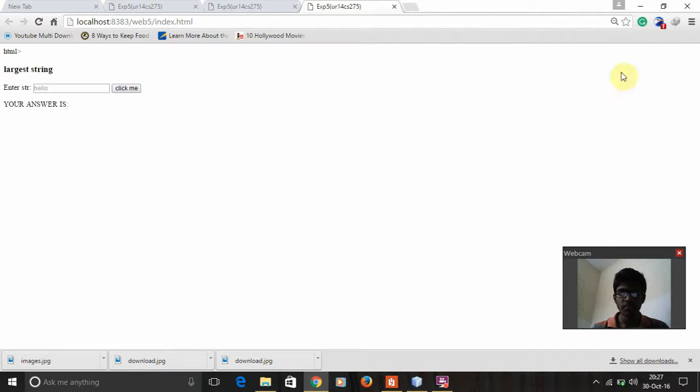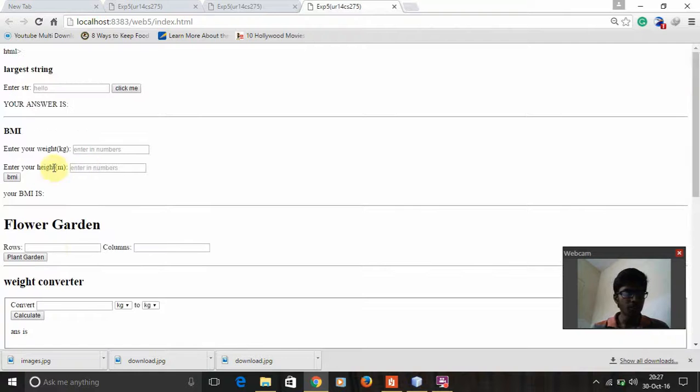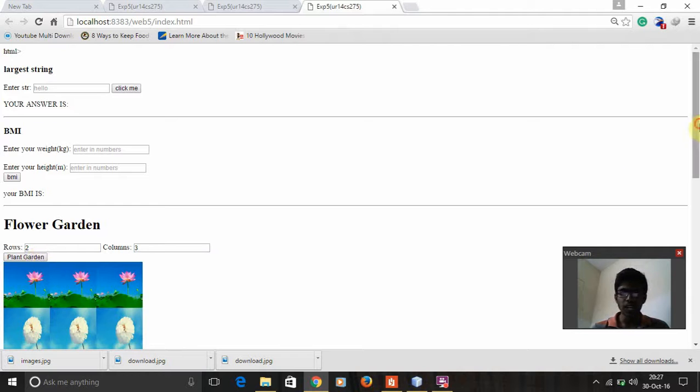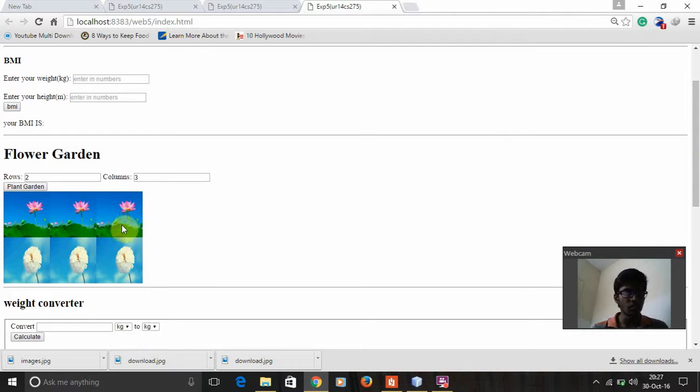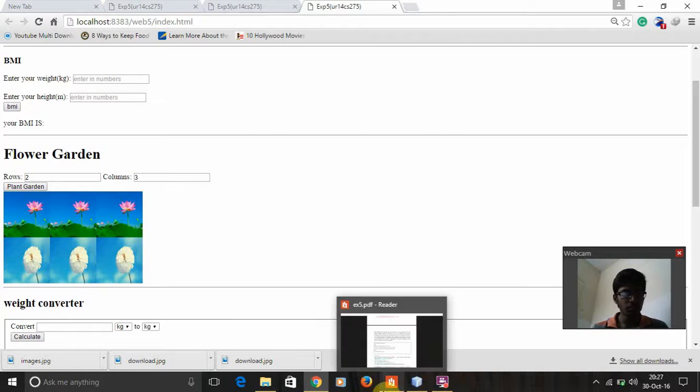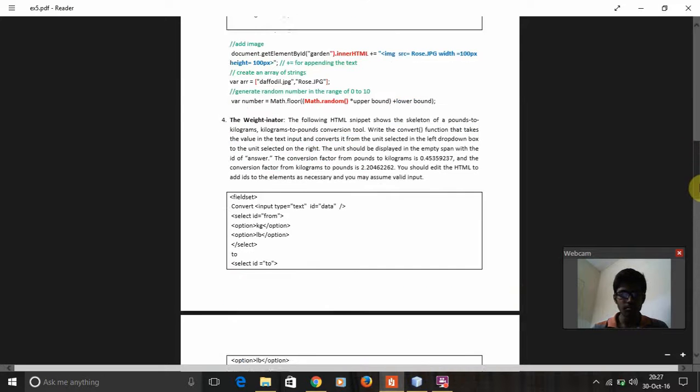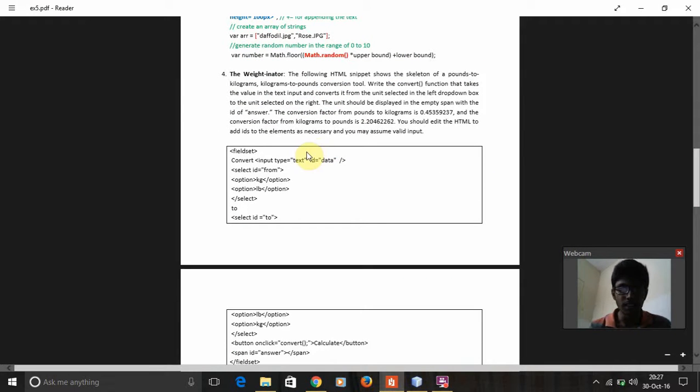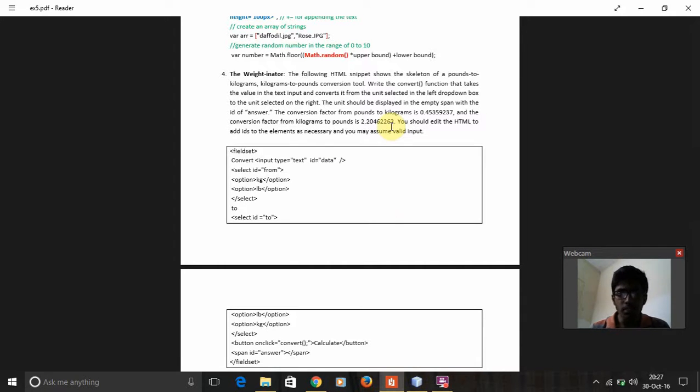See, we have to give some rows as 2 and columns as 3. If we click the plant garden, it will show the answer. See, this is the two rows and 3 columns, and the flower is displayed here. As the fourth one, the weight converter means we have to convert the given value from LB to